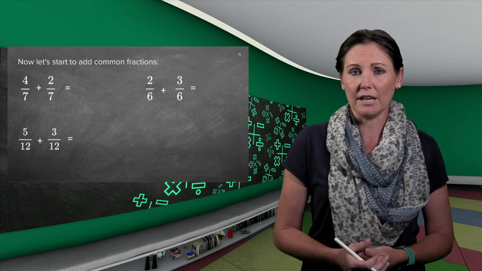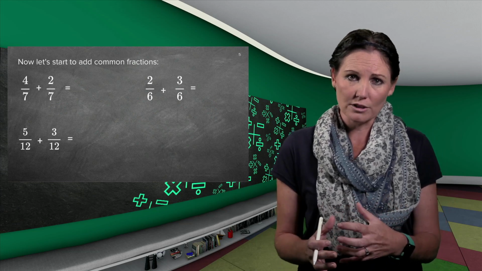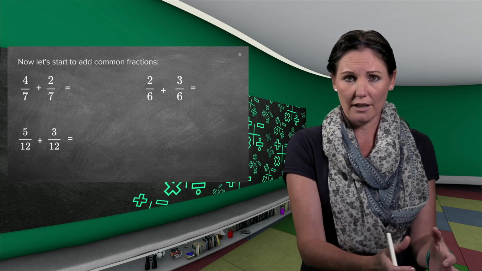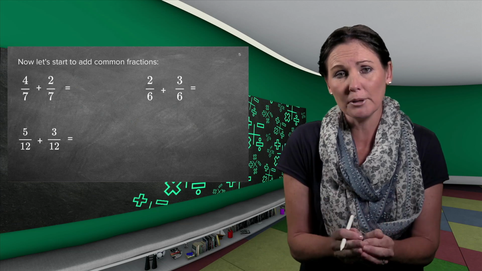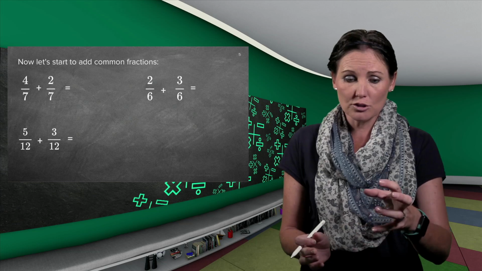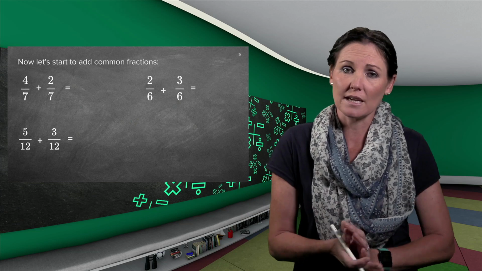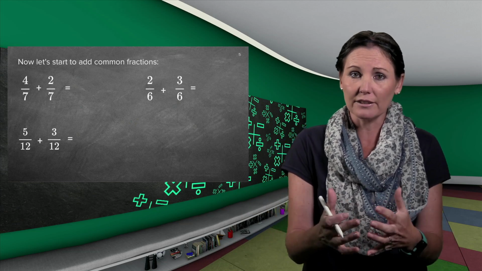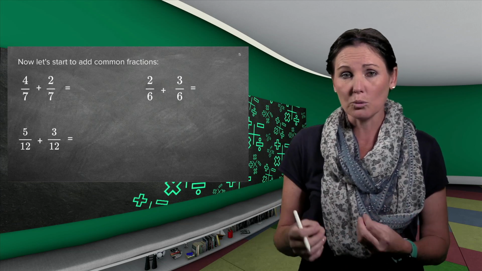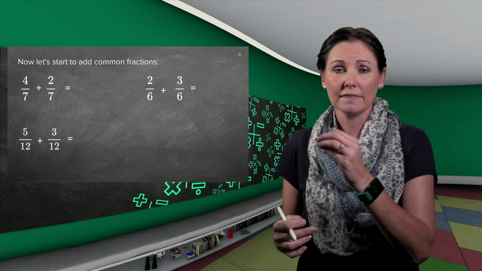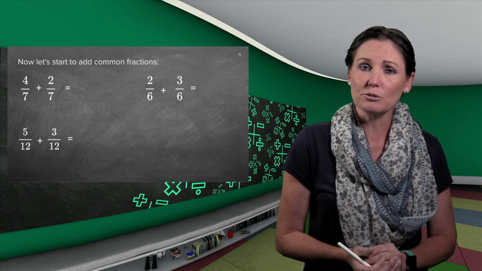Now let's do some calculations. Remember, boys and girls, if I have 5 parts, 2/5 of a cake, and I put 1/5 with that 2/5, my denominator stays the same. You can't say 2/5 plus 1/5 equals 3/10. The part still stays 5. I didn't cut the 5 parts into 10 parts now. So it's the numerator that I have to add. But the trick is that my denominator needs to be the same.